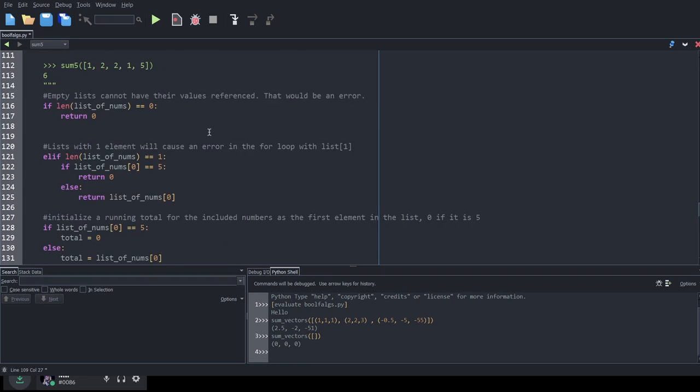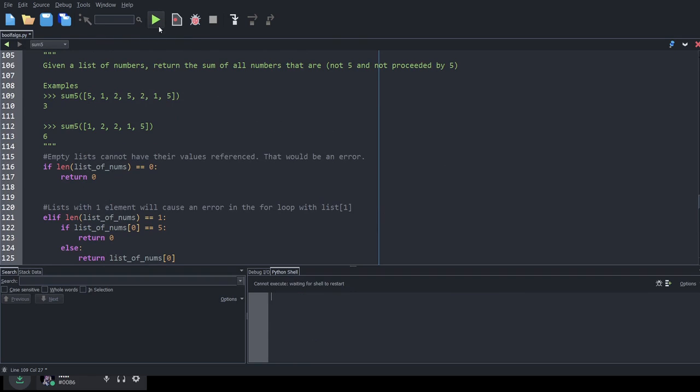Now, before we just celebrate this, don't celebrate a function complete until you know that it actually works properly. So let's run this through the test. Hopefully we'll get a 3. Oh, we absolutely do get a 3. Let's try this example. Hopefully we get a 6. Oh, would you look at that?